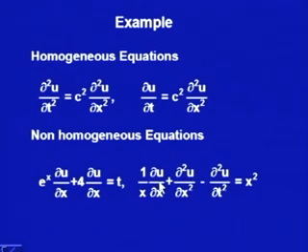Similarly, you see here this term is containing the derivative with respect to x, this is also containing the derivative with respect to x, and this term is containing the derivative with respect to t, but this term is not containing any of u or its derivatives, first order, second order, with respect to x or t, anything. So this is again an equation which is non-homogeneous.